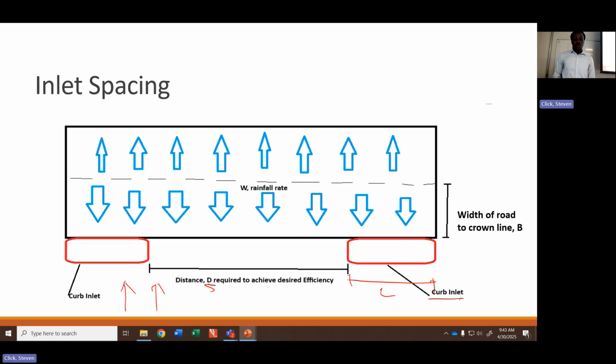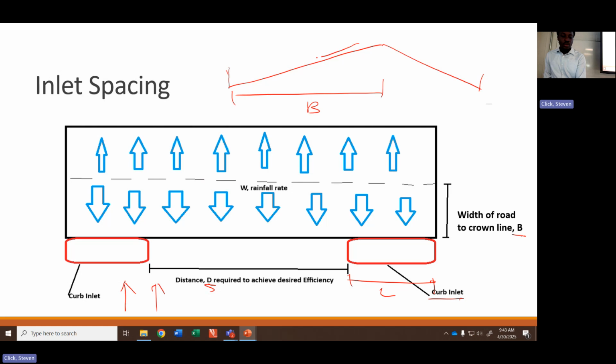Hope you get it. So we have this value B, that's the width of the roadway to the crown line. This is the part of the roadway that moves the rainfall onto the gutter. So let's say we have a roadway like this. This is the length B we are referring to, because it is this width of the roadway that will move the water towards this direction, and this will be the length that will move the water towards that